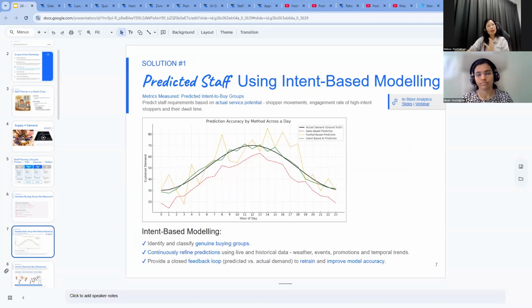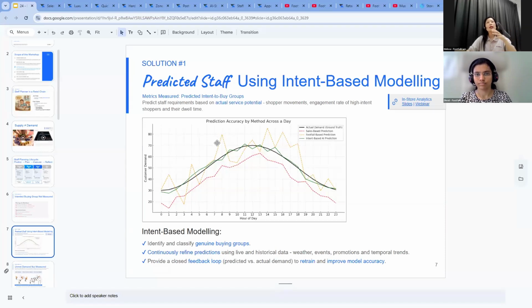You need to plan based on the actual demand. And the only way to truly capture demand is by measuring the intended buying groups, as we mentioned. So let's look at this graph. On this graph, we're comparing three different planning approaches. One, you're planning based on footfall, the footfall plan. This is not your footfall. This is your prediction of the number of staff you need, the prediction of customer demand based